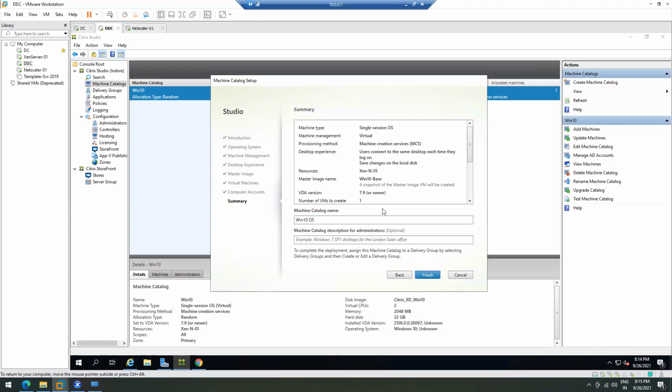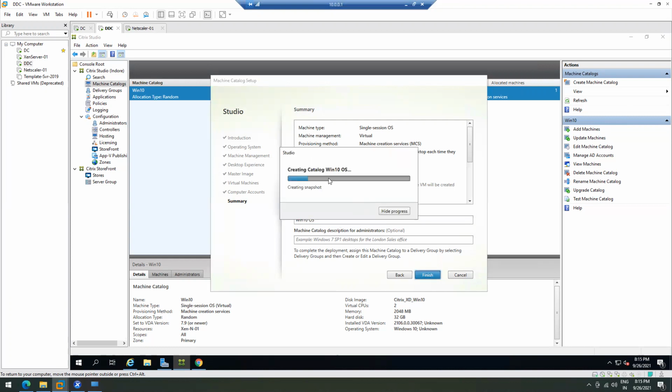Click on finish. After this, it will copy the data from the master image, as you can see here. It is still copying the data. If we had one more image, like Windows Server, it would be listed at the previous stage too. Whatever master images you have created in your infra, all of them will be listed there.